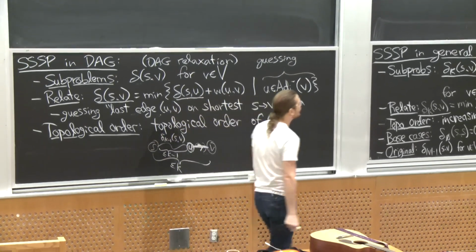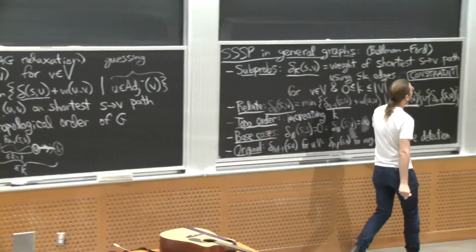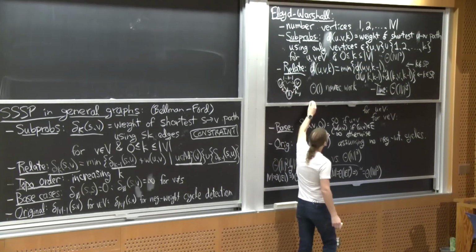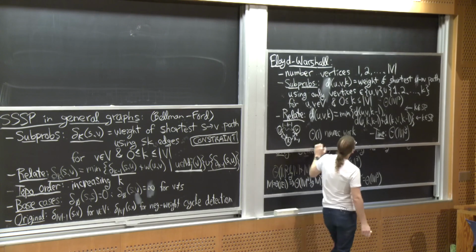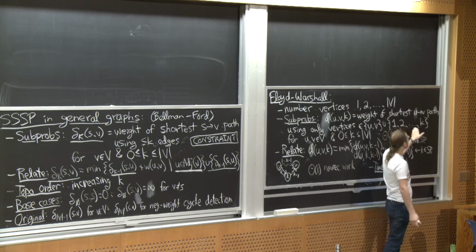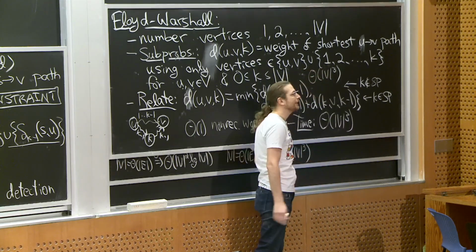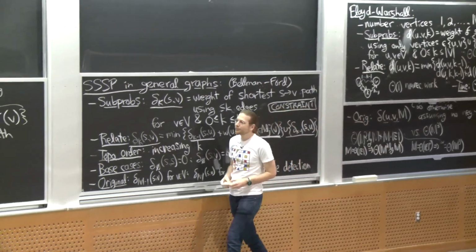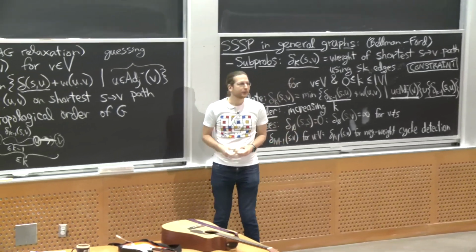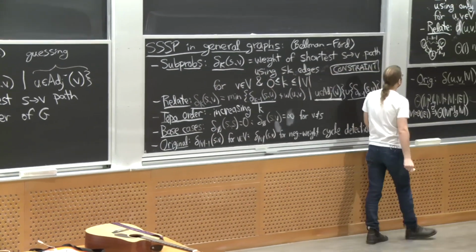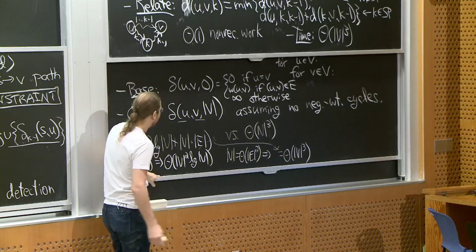So this is an example of subproblem expansion, a very non-intuitive one where we use some prefix of the vertices. But notice it's prefixes again, right? I numbered the vertices from 1 up to V, and I took a prefix of those vertices. So I just solved the problem using prefix vertices 1 through k. So it's actually a familiar idea. If all you'd seen are all our dynamic programming examples of prefixes, suffixes, substrings, actually it's a pretty natural way to solve shortest paths. Maybe even more natural than this. Anyway,